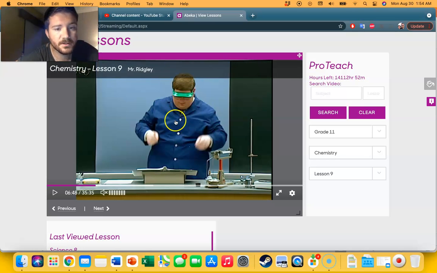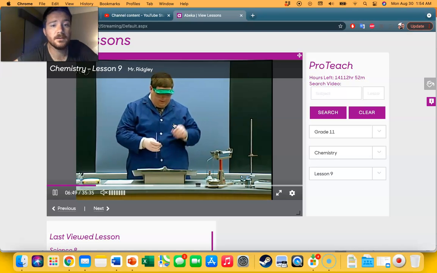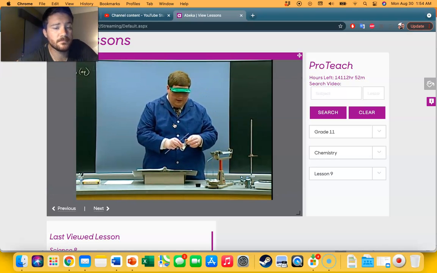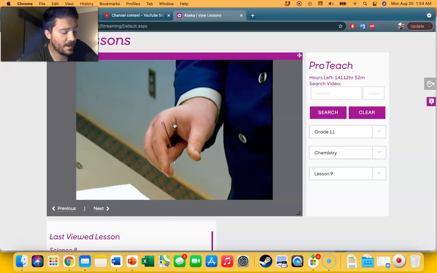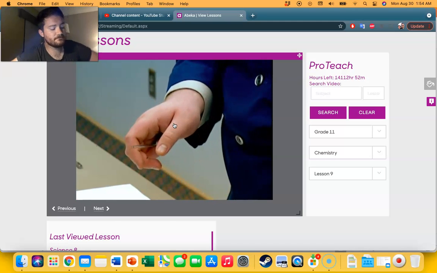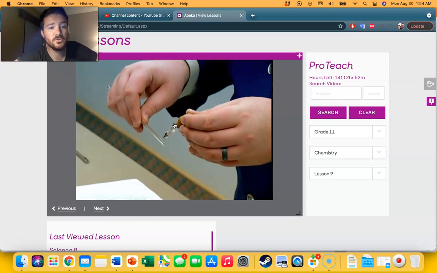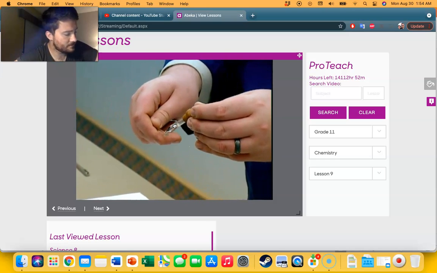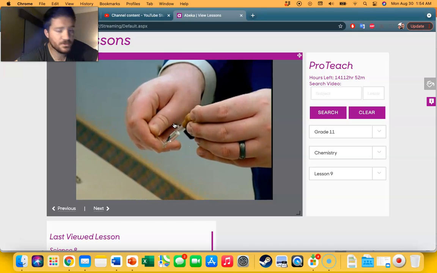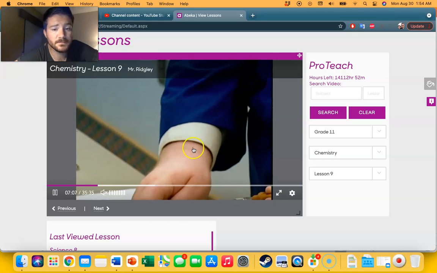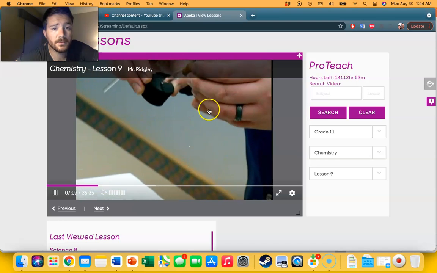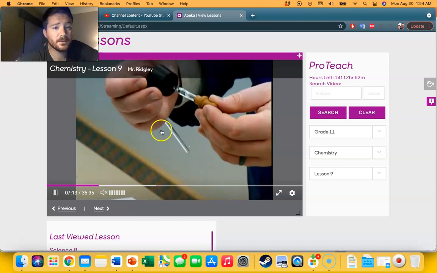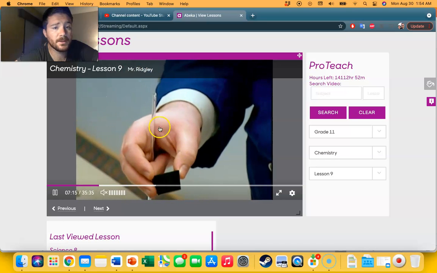And he's going to be demonstrating the correct procedure of how to insert a glass tubing into a rubber stopper. So you see he takes oil there, and he lubricates the opening to the stopper, both openings, and